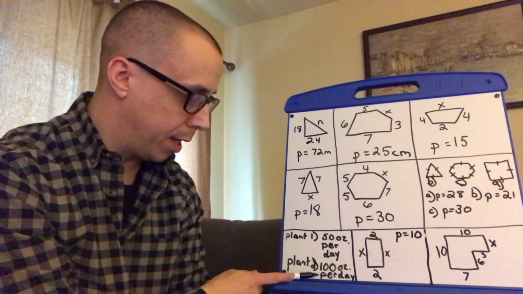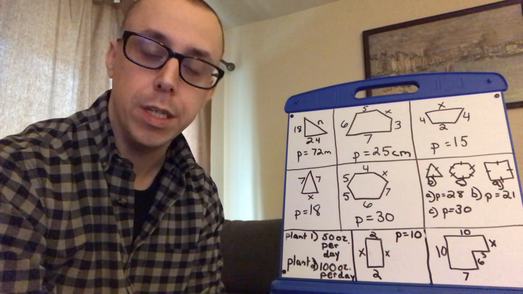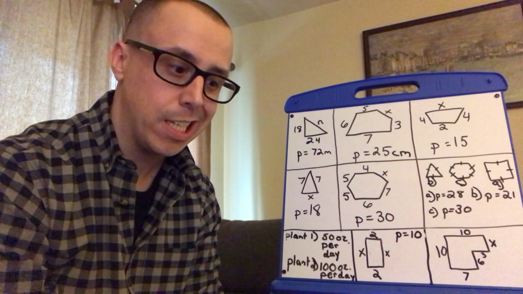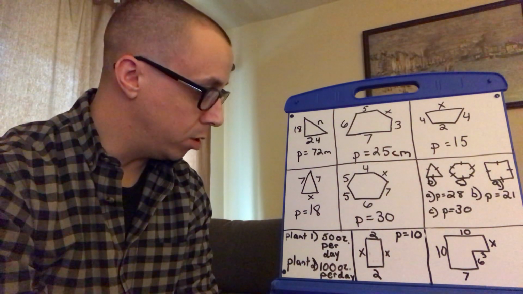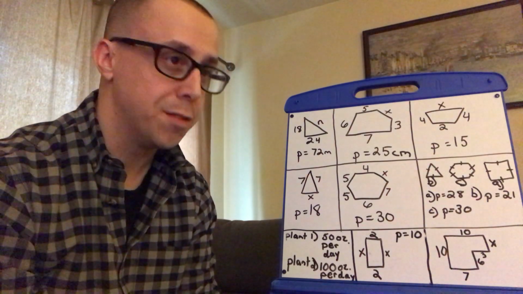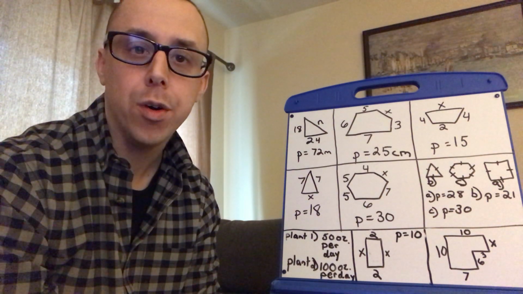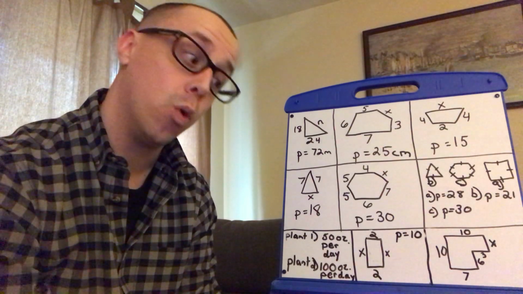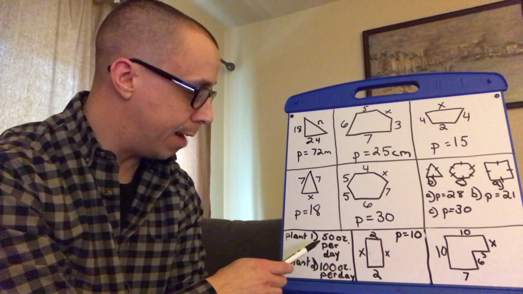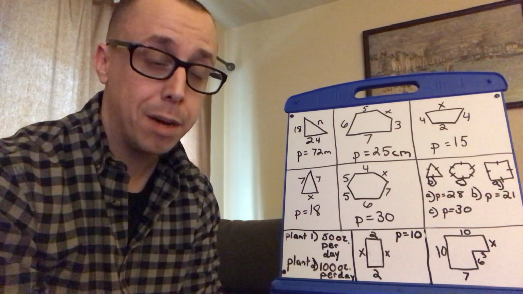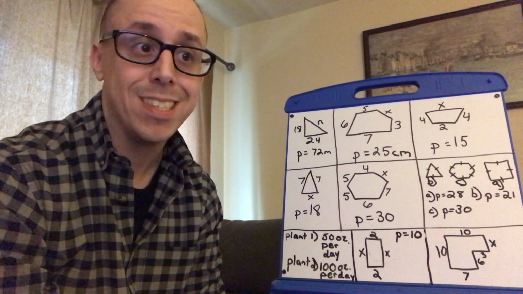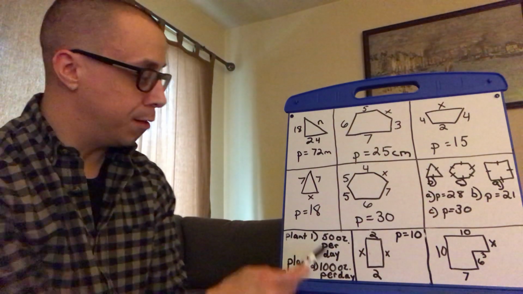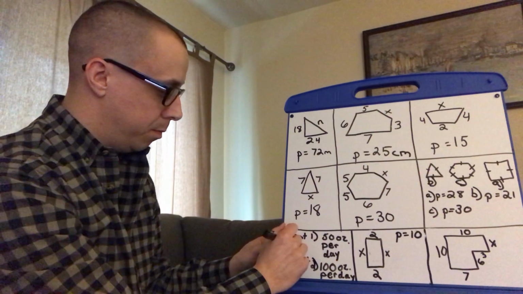And in the second plant, 100 ounces of water each day. Now what you need to do is find out how much more water plant number 2 gets in 1 week than plant number 1. So you're going to have to multiply them by 7 because there are 7 days in a week. So here I'd do 50 times 7,